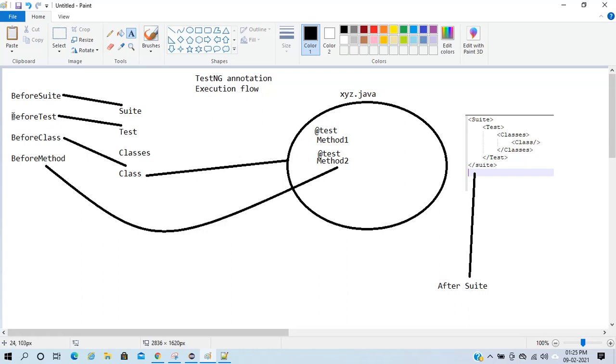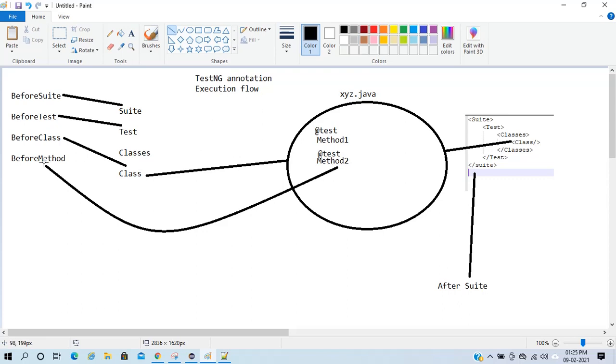So far what I have told you is I have suit, test, classes, and inside classes I have class. So this class gives a call to my xyz.java, and in this I have multiple tests, @test method 1, @test method 2.